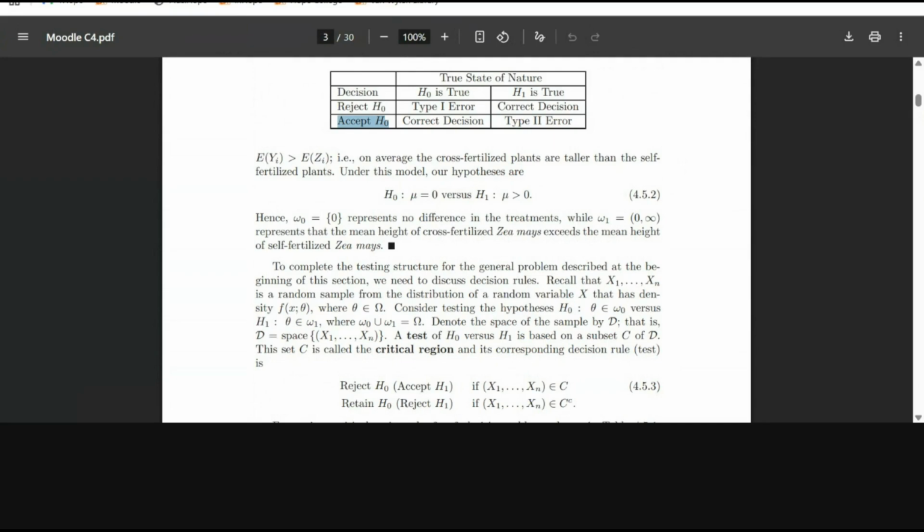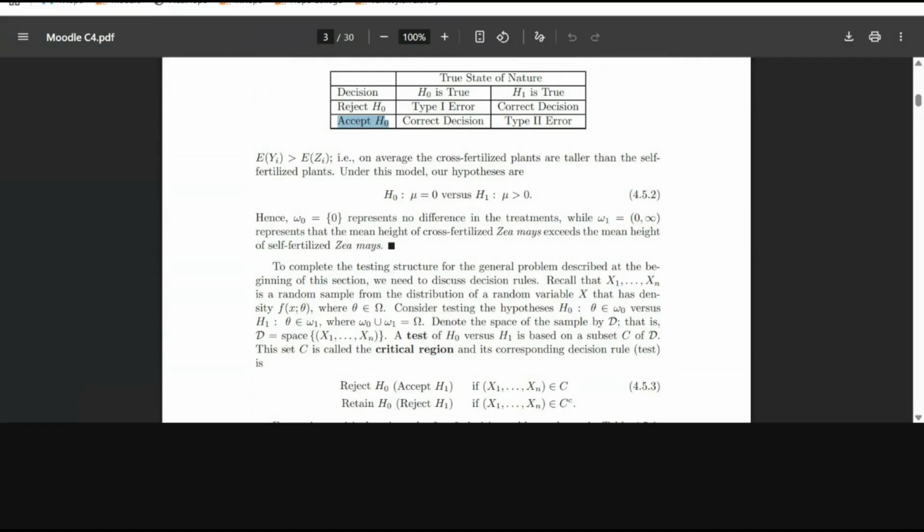That's right. But what's the true state of nature? Always put the true state of nature underneath the probability to indicate what the true state is. True state of nature now is mu equals mu zero. I'm trying to move you away from the specific one. So now I'm saying the true state of nature is